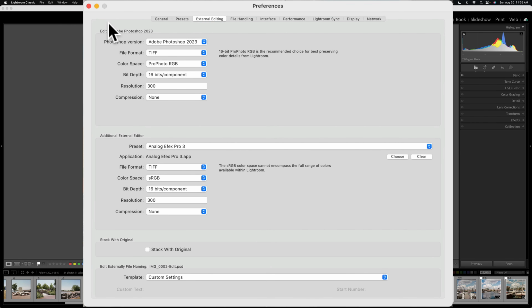See this top part? These are the settings that Lightroom uses when it sends an image from Lightroom Classic to Photoshop. What we need to do is go here and change this drop-down to Adobe Photoshop Beta. Then, in this middle part, Additional External Editor, we're going to add the current